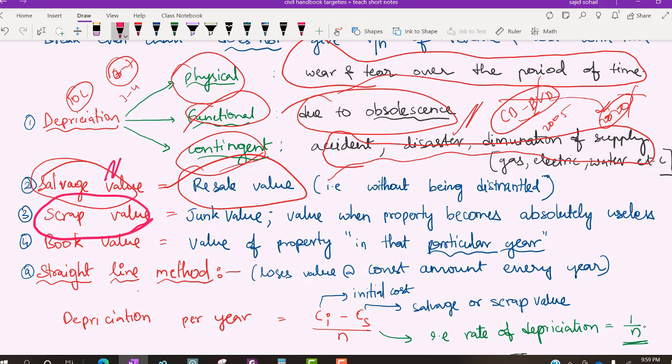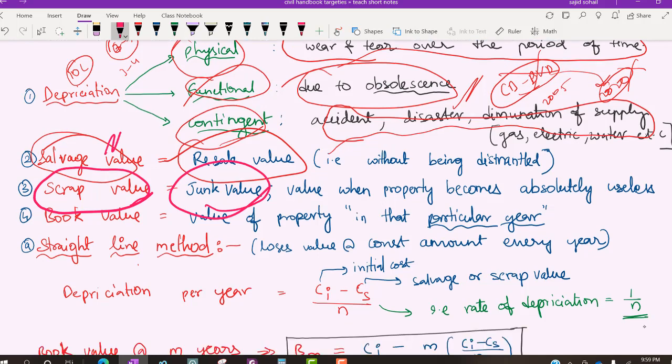Next is scrap value. If at the end of its life it is useless, किसी काम का नहीं है, okay, it is of absolutely no use, then what you have to do? Obviously you have to sell it by parts, right? Part अलग करके स्टील के हिसाब से, वेट के हिसाब से बेचना पड़ेगा. It doesn't have any value. The value it has is only the junk value. That is, it is absolutely useless. That will be scrap value of that product. I hope you got it right.